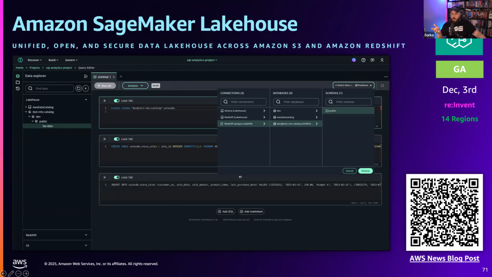So with SageMaker Lakehouse, you can define fine-grained permissions to data locations, so you can enforce them across multiple AWS accounts. Basically, it means that all data stored within SageMaker Lakehouse can be queried from Amazon SageMaker Unified Studio. You can also query them from EMR, Glue, Redshift, all of those things. But it can all be controlled centrally when it comes to permissions and federated queries. So interesting feature, really cool, specifically if you are working with a lot of data.